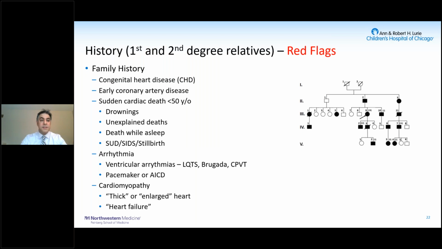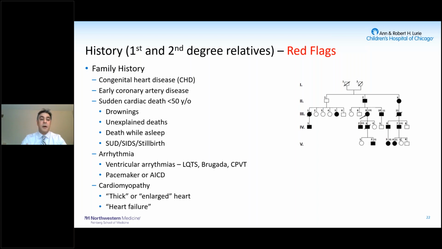Family history, I really try to stick to the first and second degree relatives: parents, siblings, aunts, uncles, grandparents. Not to say you have to ignore everything else, but many times parents go off on a tangent where they do not even know how these people that they're listing are related to them. Now, it's simple if someone has a known history of congenital heart disease, very early coronary artery disease, known arrhythmias like long QT syndrome, but I really try to ask about other things.